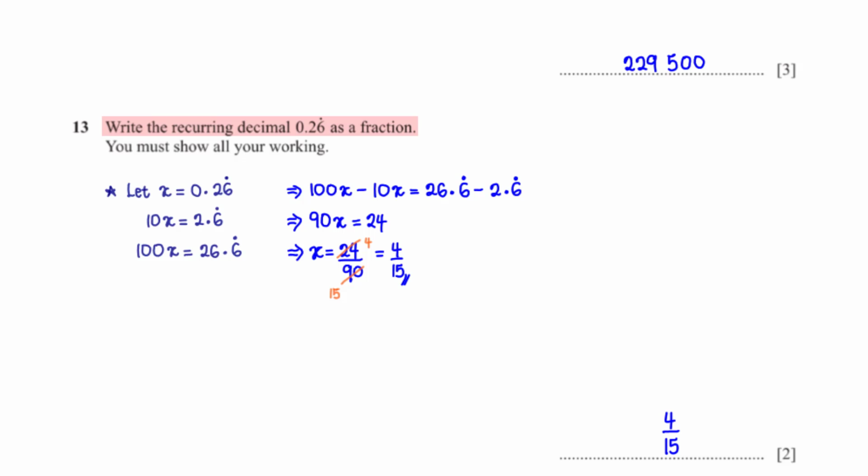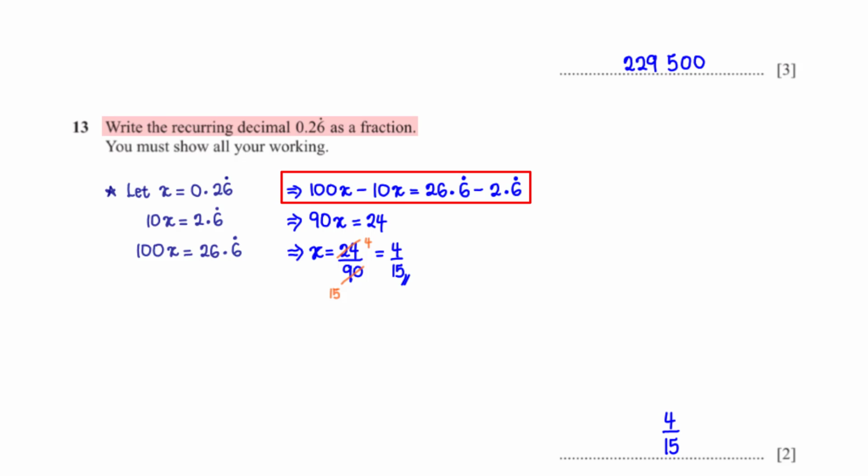Write the recurring decimal 0.26 as a fraction. You must show all your working. Let's call the recurring decimal x. When we multiply x by 10, this is what we get. And when we multiply x by 100, this is what we get. 10x and 100x have the exact same pattern after the decimal points, so we carry them to the next step